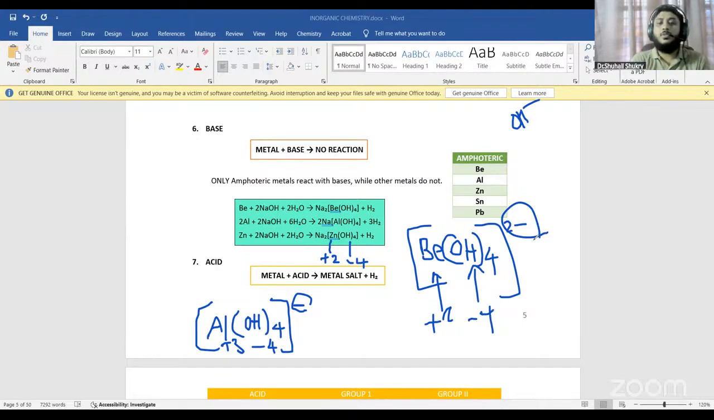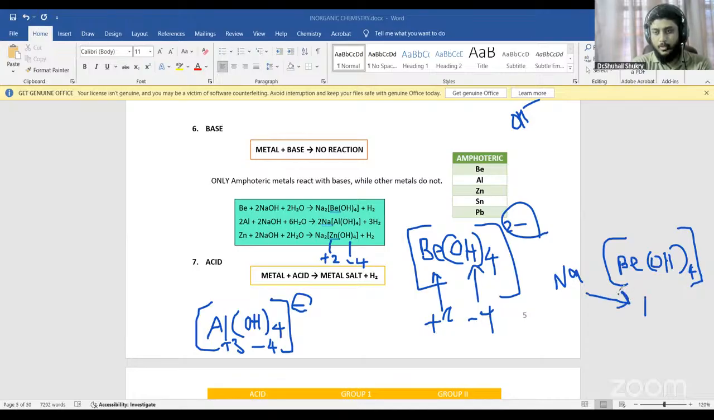Using that, you can work out what happens when this ion joins with sodium. Now this is the berylate ion, BeOH4. To mention it is a complex, you have to put a box like this. For sodium, you write 1. For berylate, you write 2. So finally, you can write sodium berylate as Na2